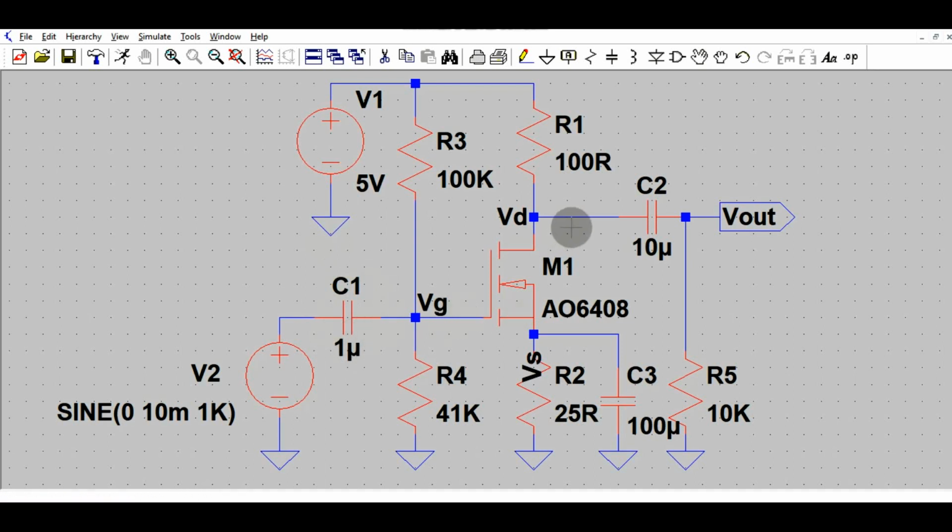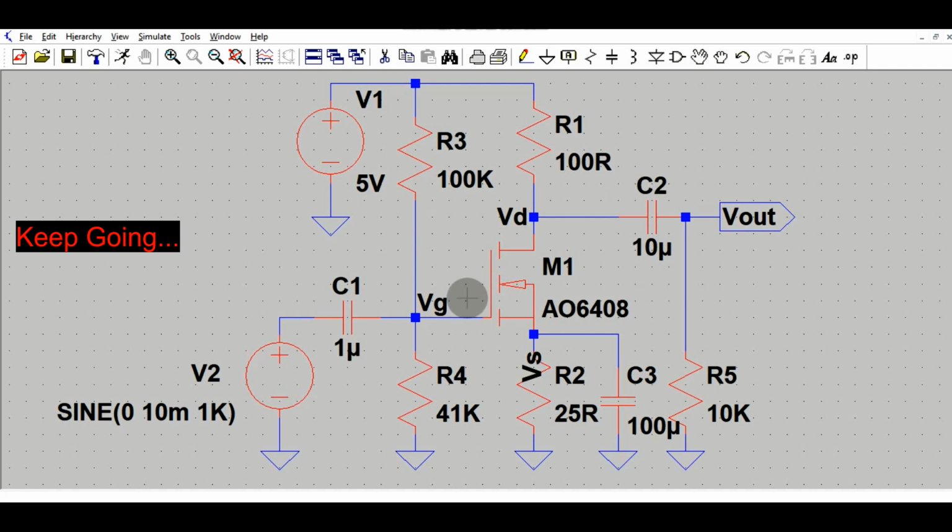And here at this point you have your output Vout, connected with a coupling capacitor, and here you have a load of 10k. So this is the basic circuit for the common source amplifier. Hope you understand the circuit flow.